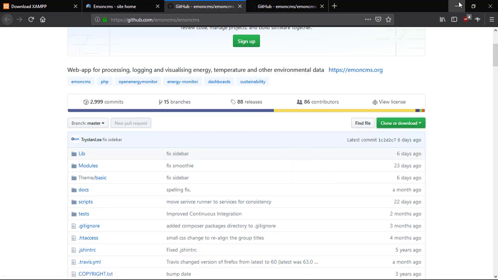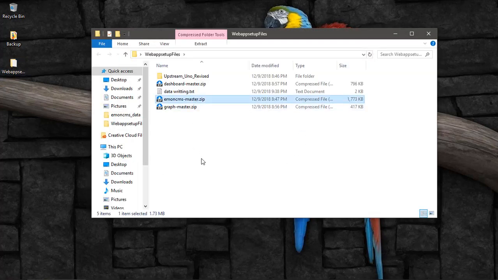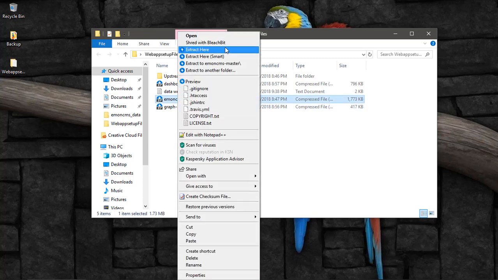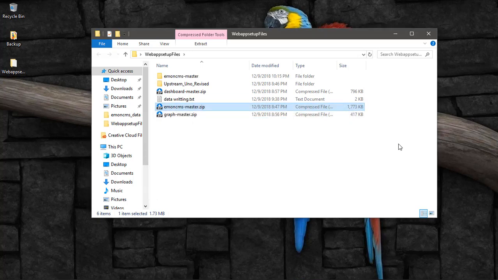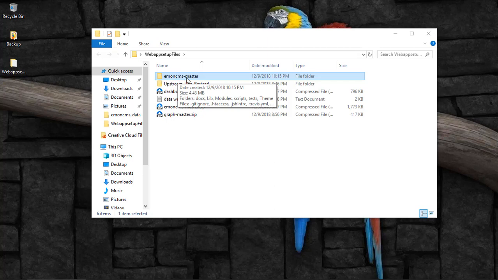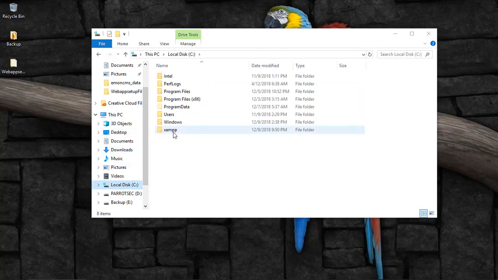I've already downloaded it, and this is the file I'm saving on my desktop. After downloading EMONCMS, you just extract it in a folder. After extracting, you will have a folder named EMONCMS-master. I just rename it to EMONCMS only. Then copy this folder and go to the directory where you installed XAMPP. Here I installed XAMPP on my local C drive, so I go to XAMPP,